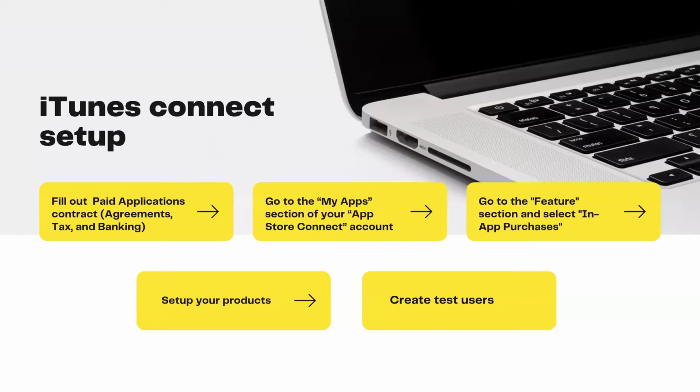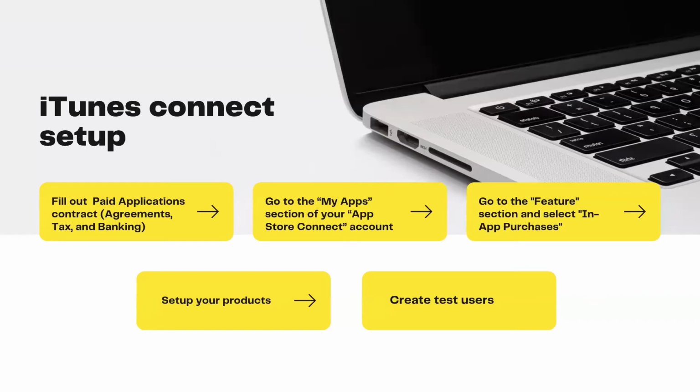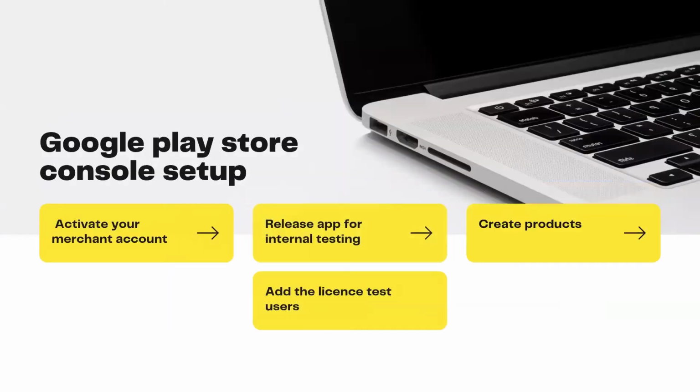Then we will see the Android setup. For the Play Store setup, we need to have a merchant account. Also, we need to create the application, and make sure that our application is available for internal testing, that is beta testing. We have to roll out that application on the beta. Then once the application is released for internal testing, we need to add the in-app purchase products on the dashboard.